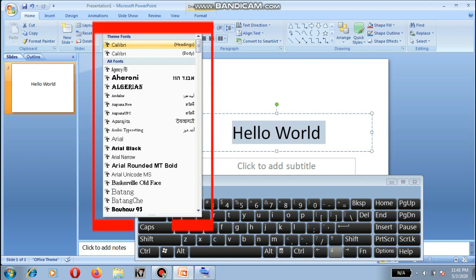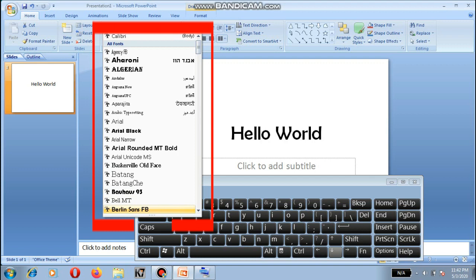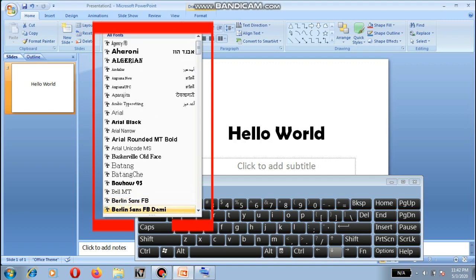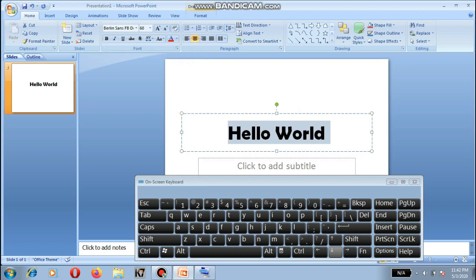After that we would again be pressing downward key in keyboard, and after that we would be seeing our font has been changed accordingly. So which font do you like, that you can select and press enter, and after pressing enter the font will be selected. So this was the trick to change font face.